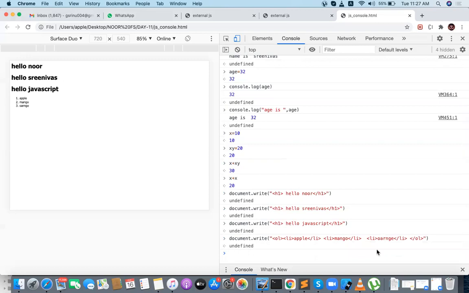Can you see that? The ordered list is created. See, from JavaScript also you can create HTML. That is a line called document.write. I will tell you about this line later. But you can understand how the console is going to work for you.